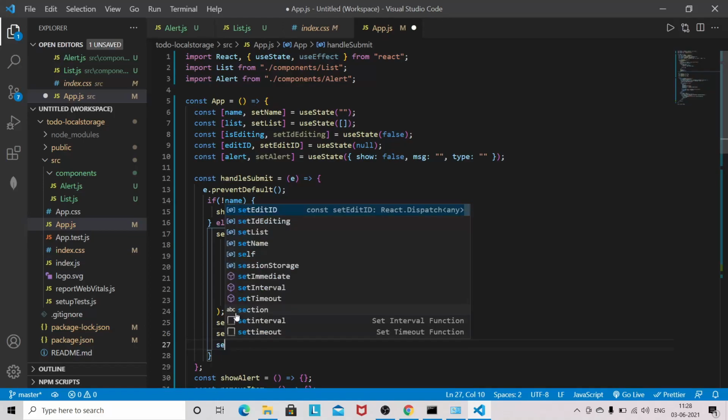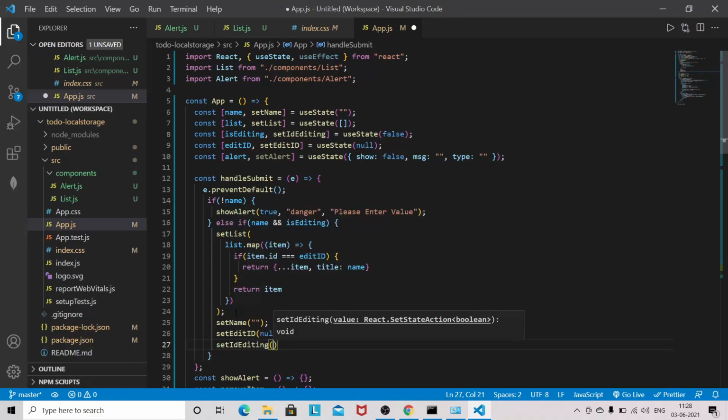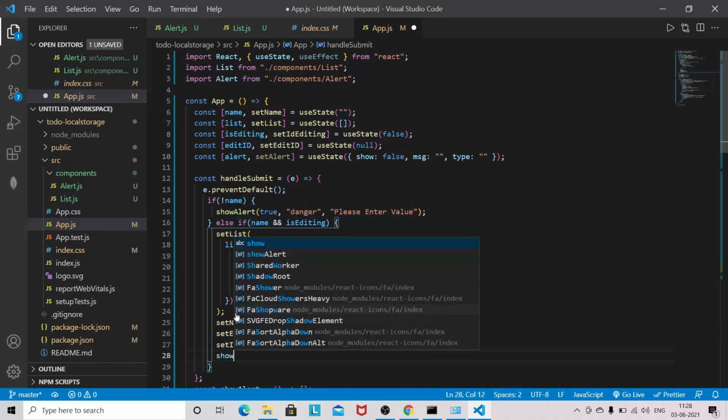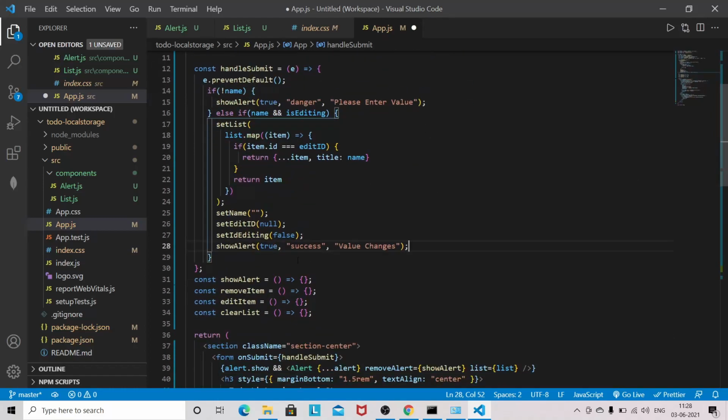Set isEditing to false, and showAlert true, success, and I will give the message value changed. And next we will have to write the else condition.